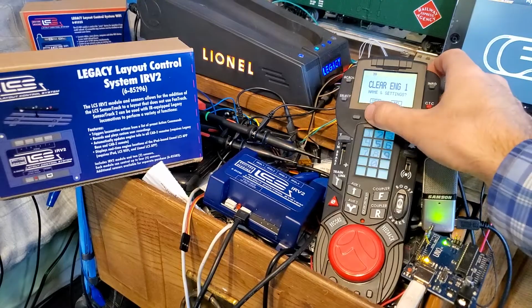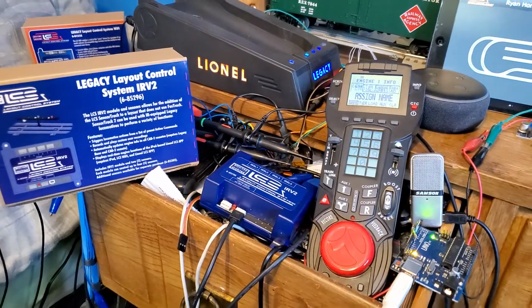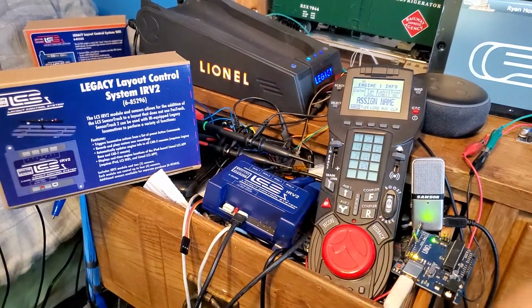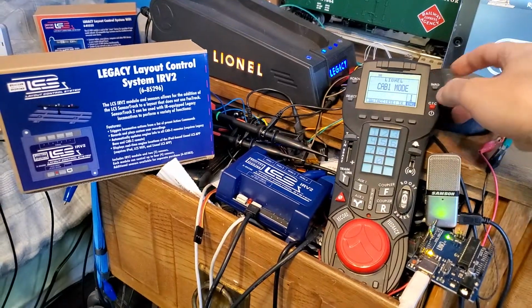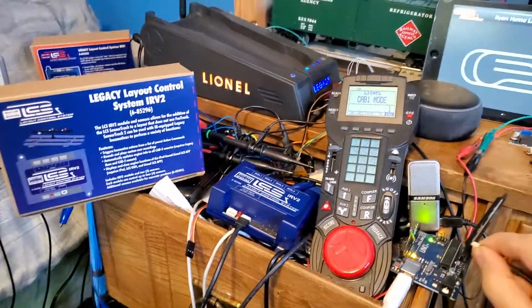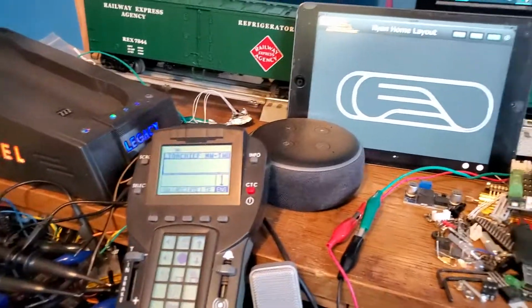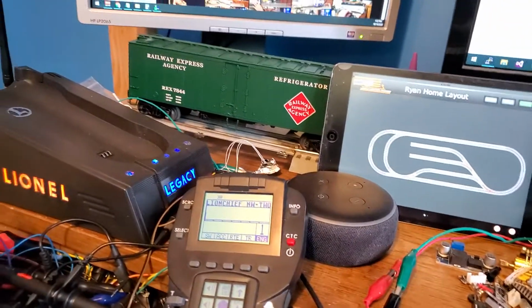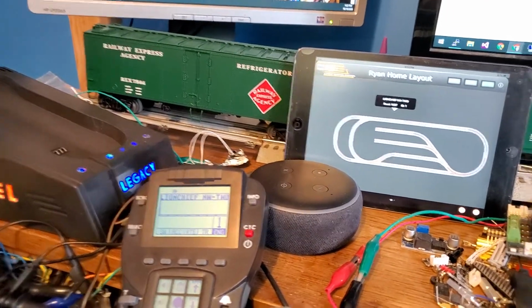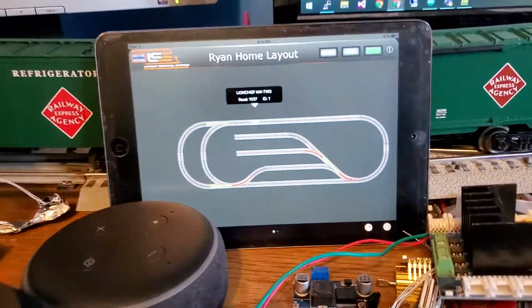Clear that data out again so we get a little cleaner. It's not 100% perfect, but it's pretty successful usually. There we go. So there we have NW2 showing up on the screen